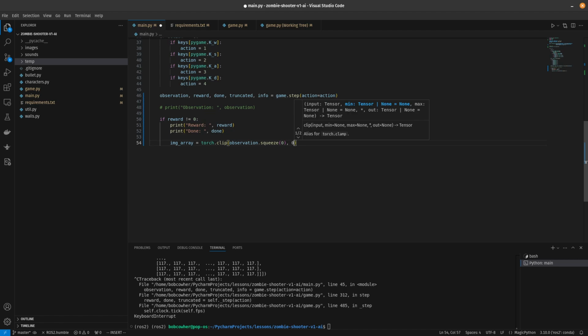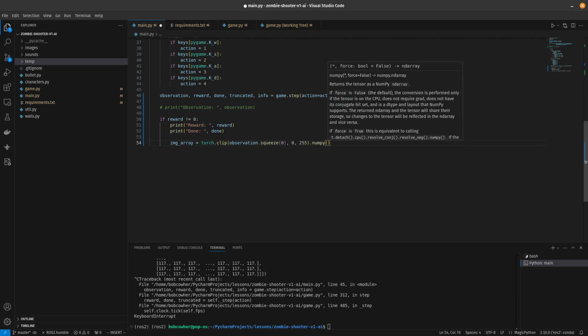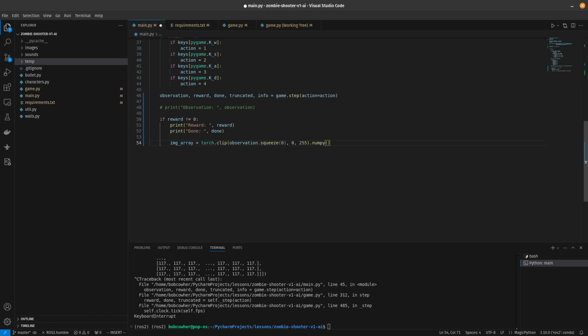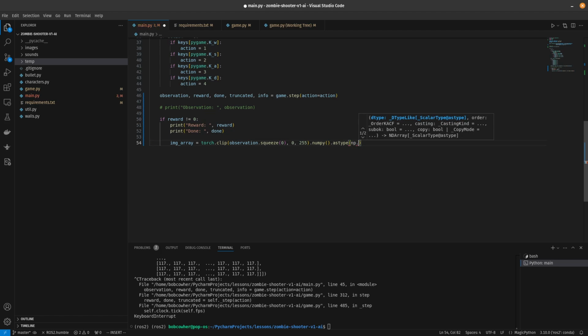And then we're going to do 0, 255. Dot numpy. And we're going to say as type np dot,